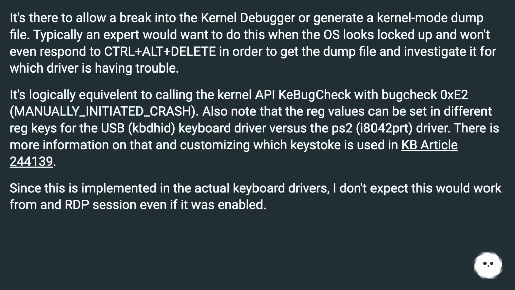It's there to allow a break into the kernel debugger or generate a kernel mode dump file. Typically an expert would want to do this when Windows looks locked up and won't even respond to Ctrl+Alt+Delete, in order to get the dump file and investigate which driver is having trouble. It's logically equivalent to calling the kernel API KeBugCheck with bugcheck 0xE2 manually